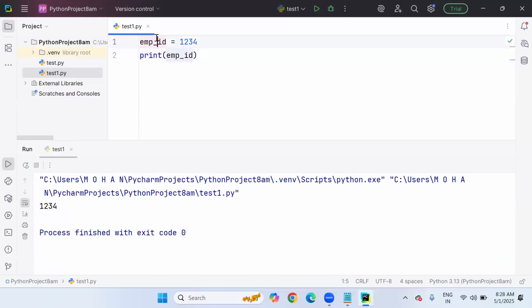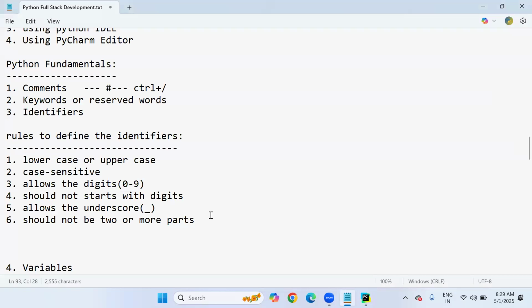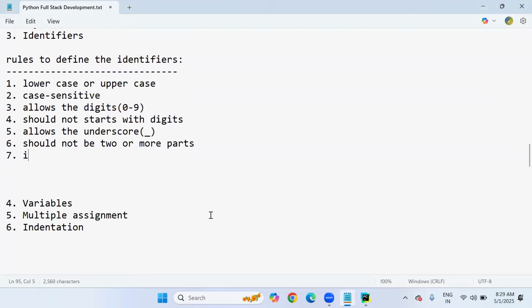1, 2, 3, 4 for EMP underscore ID, like this. Okay, we are getting the output clearly, the variable values 1, 2, 3, 4. So not only for two parts, if you have more parts, you can use the underscore sign. Okay, and this is rule number 6. And rule number 7 is if an identifier